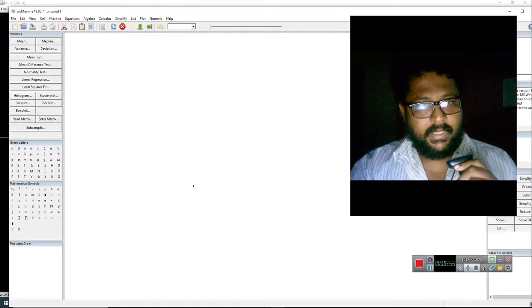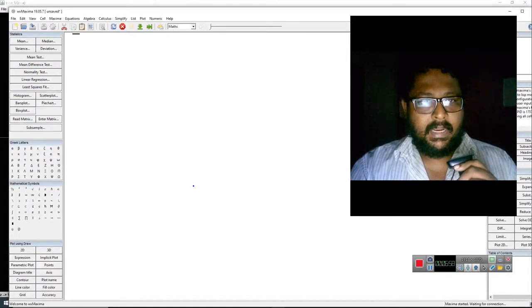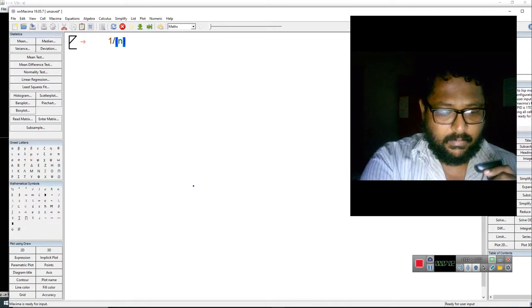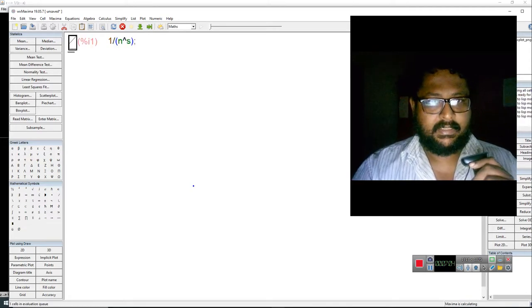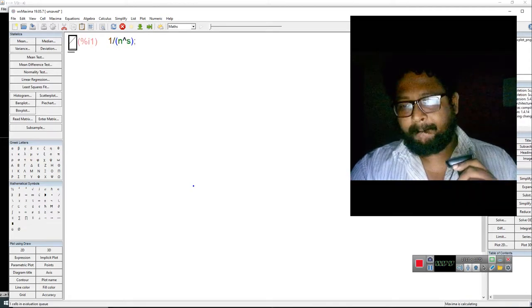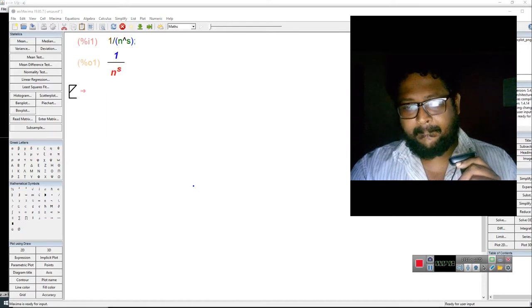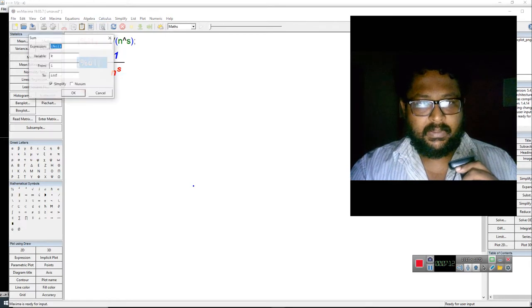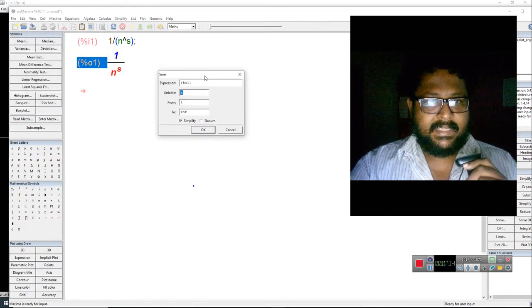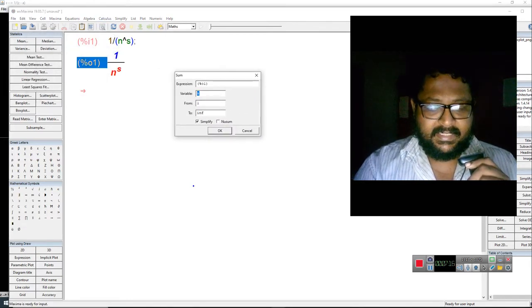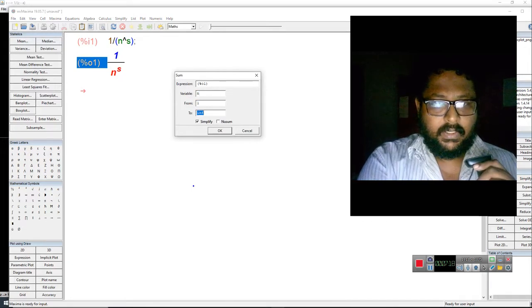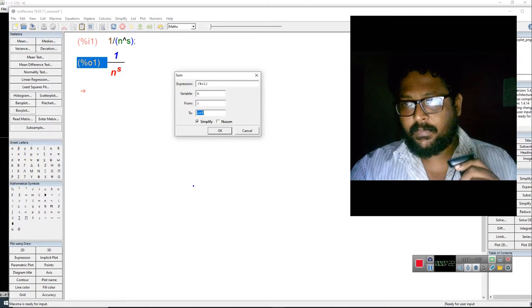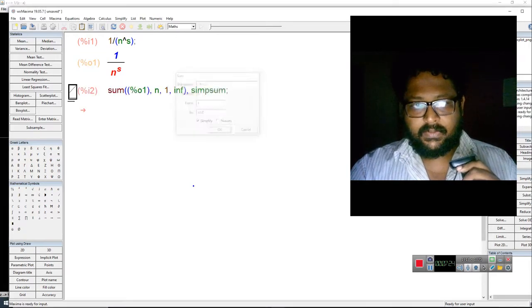So you just go here and type 1 divided by n power s, and you just calculate the sum, where n is an integer, from 2 up to infinity. Let us keep it that way.